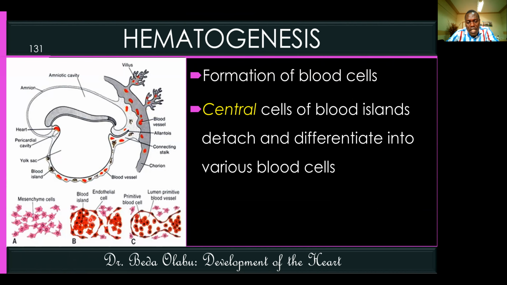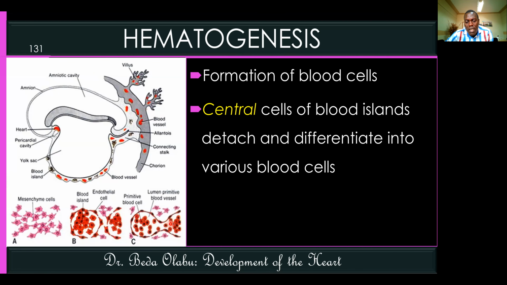The cells at the center of the blood island detach from each other, which means they become free. So they'll not behave like the cells in the periphery of an island, which retain their contacts. The cells at the center become free,